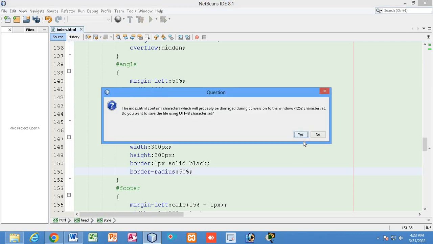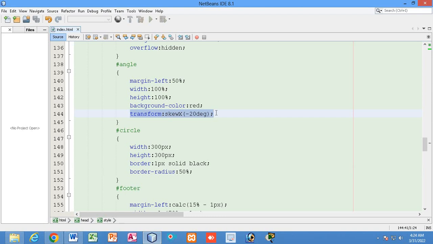Let me show you how it looks. So you can see a circle appeared, but it is a skewed circle. Why? Because the container is skewed. As the container is skewed, the circle became skewed. So for the circle I will declare this, but opposite.